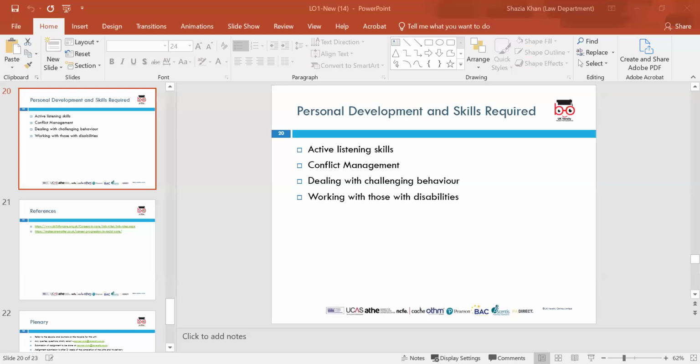Conflict management, and this is where you are able to manage how conflicts affect you in the workplace. There's always going to be conflict, isn't there, in a workplace? It could be someone's not listening, you know, active listening. It could be having patience. Conflict management is really important within an organization where you are able to resolve conflicts,